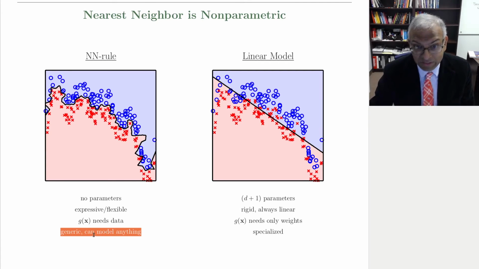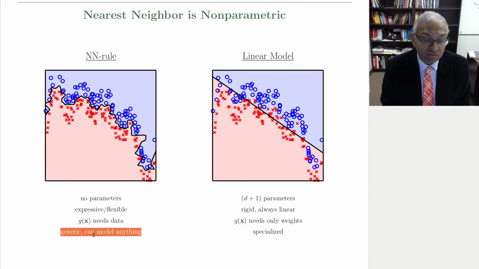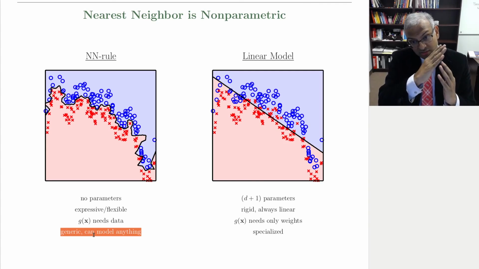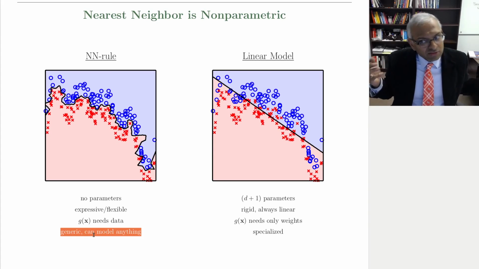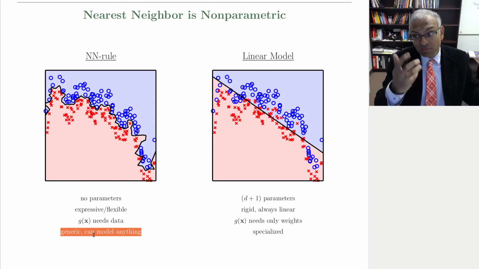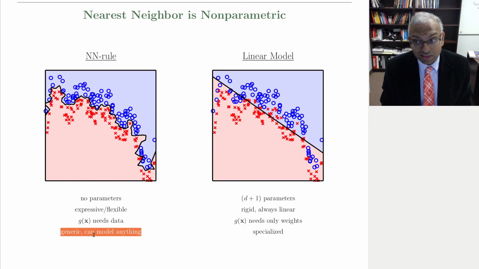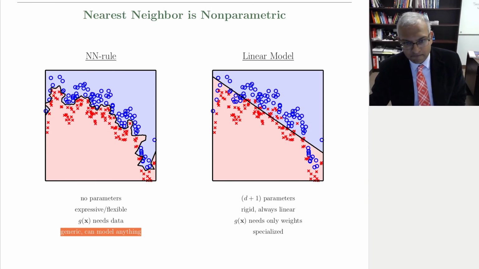So there are pros and cons of both. Here we see the pros of nearest neighbor quite strongly, but the linear model also has a lot of pros. It's this simple model. You've got a tight link from E in to E out, and in practice, we don't know whether we're in the n goes to infinity, n large enough regime, because if you're not in the n large enough regime, nearest neighbor can perform quite badly. And so the linear model comes into its own. Here's another